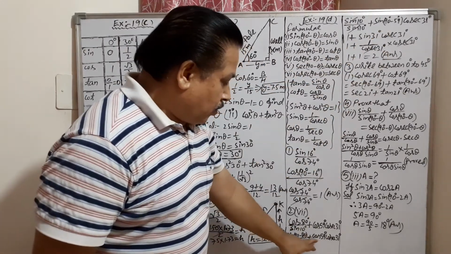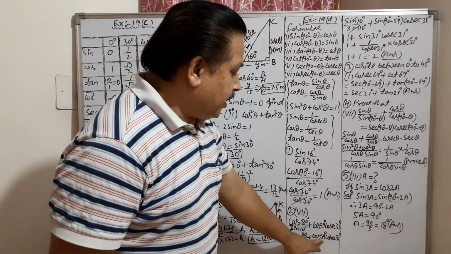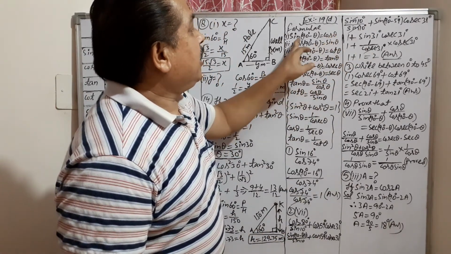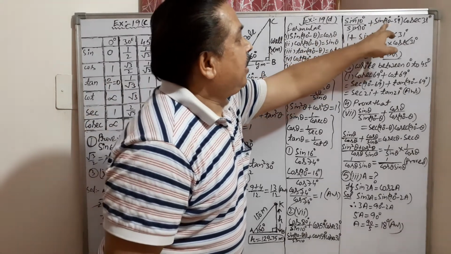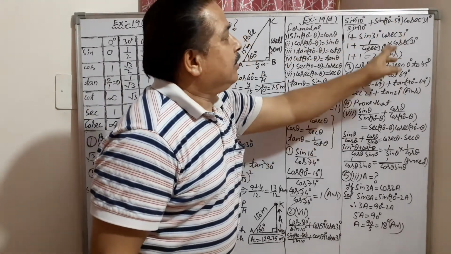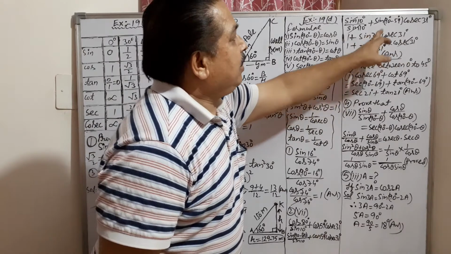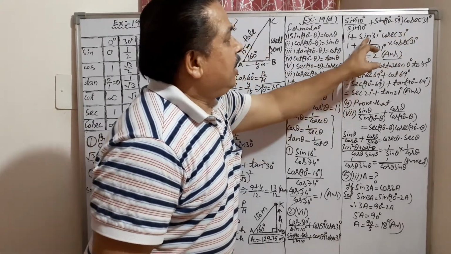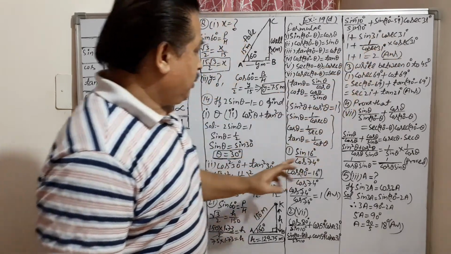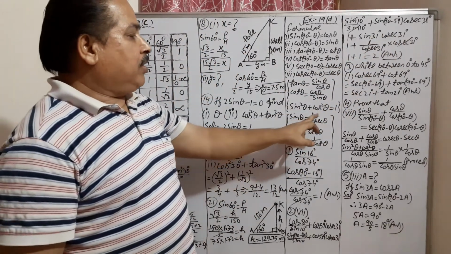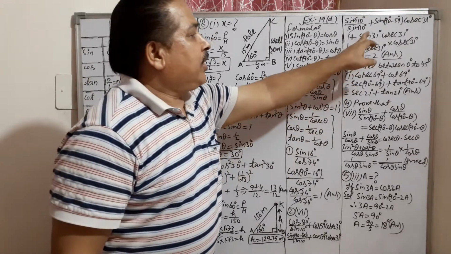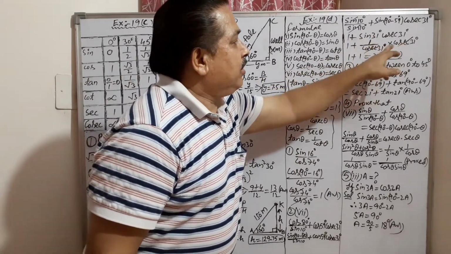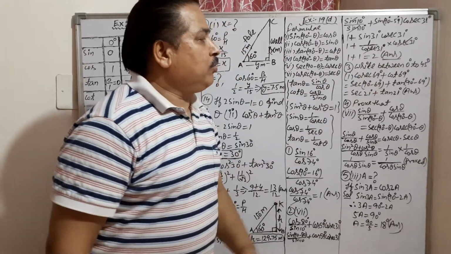And now cos 59 degree, cos theta you can write as sin 90 minus theta. Sin 90 minus 59 you will write. And now this is 1. After subtraction this will come 31. That is also 31. And what is the relation between sin and cosec? You know, sin theta is 1 upon cosec theta. So sin theta you will write 1 upon cosec 31. So this will be cancelled. 1 plus 1 becomes 2, the answer.